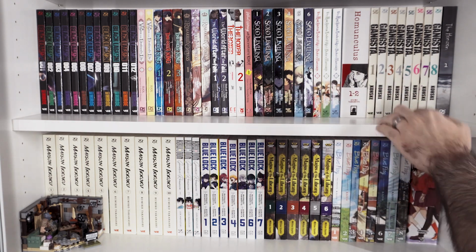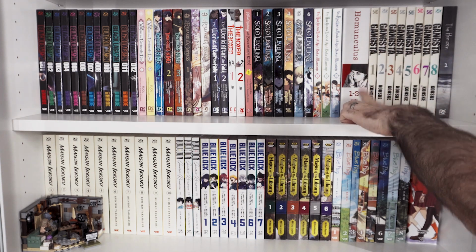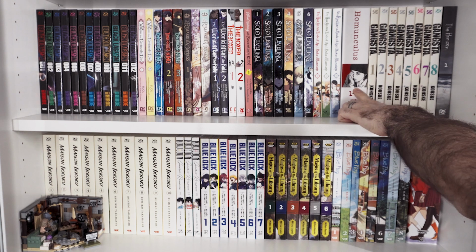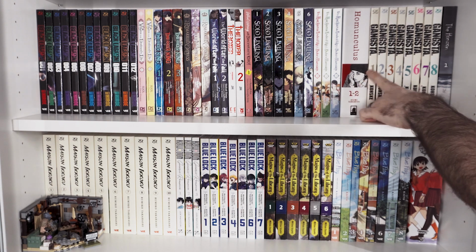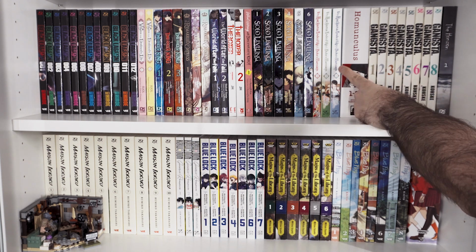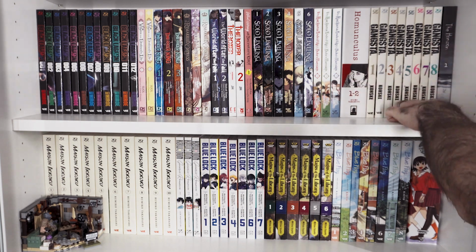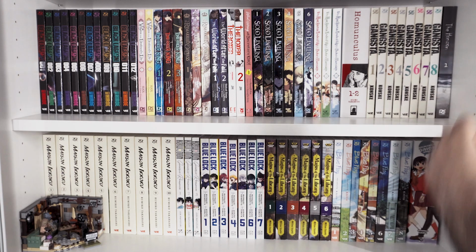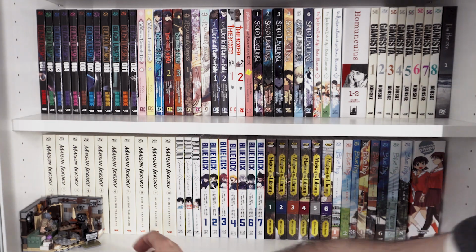Going forward, you'll see here I have Homunculus. I liked it, but at the same time, it got kind of dark, so I'm not sure if I'll continue the series. We'll find out. Here's Gangsta. This is complete. The series is on hiatus. Hopefully, it'll continue on Horizon. This should probably fit over here, since it's a manhwa as well. Super sad, depressing, but I heard it's an incredible series. Only 3 volumes. First one came out. As you see here,